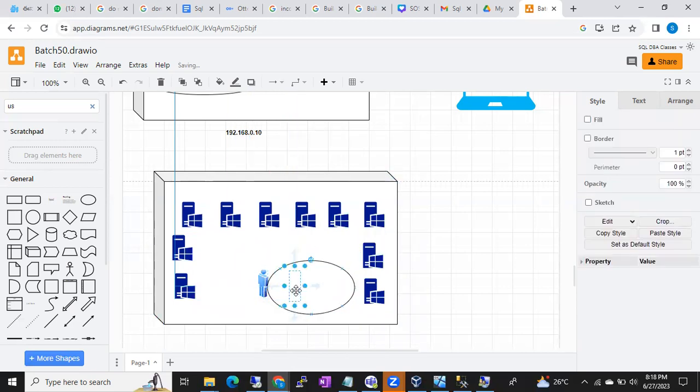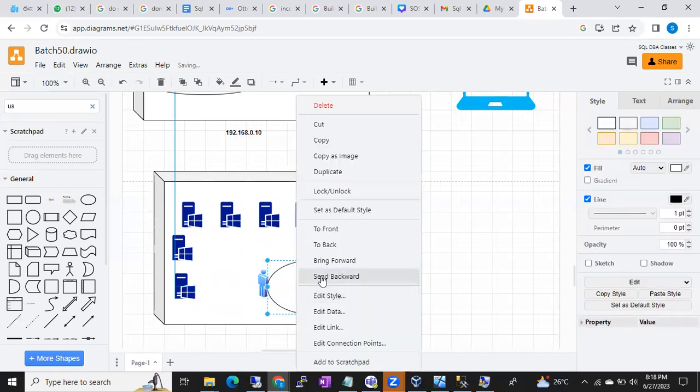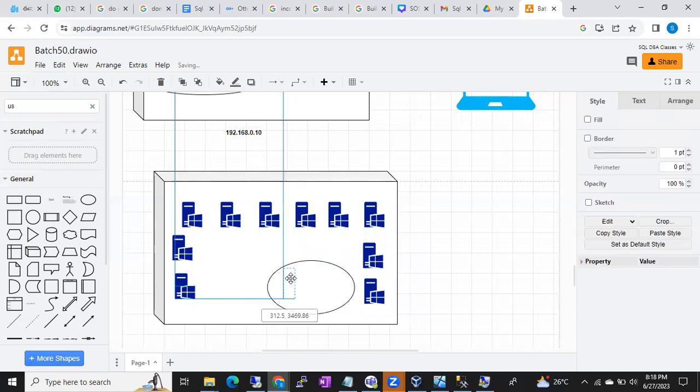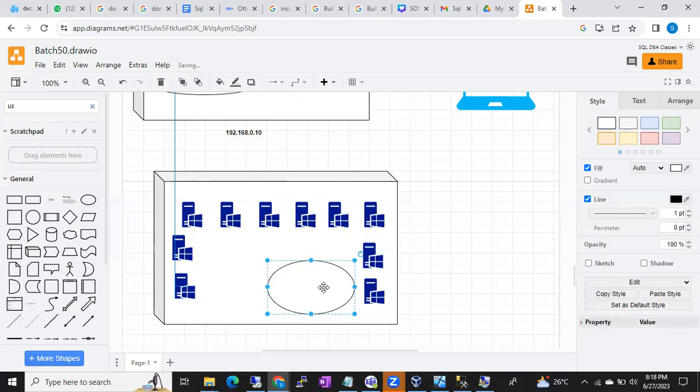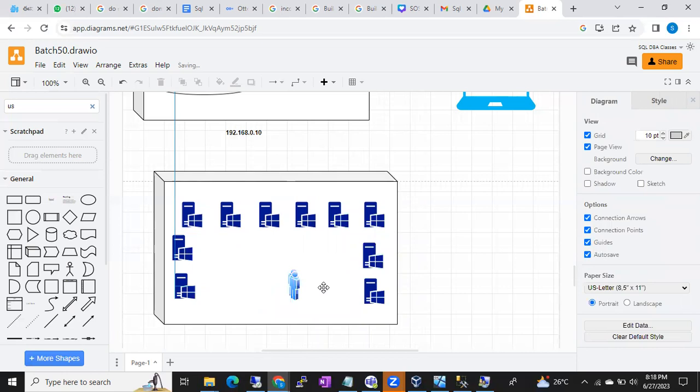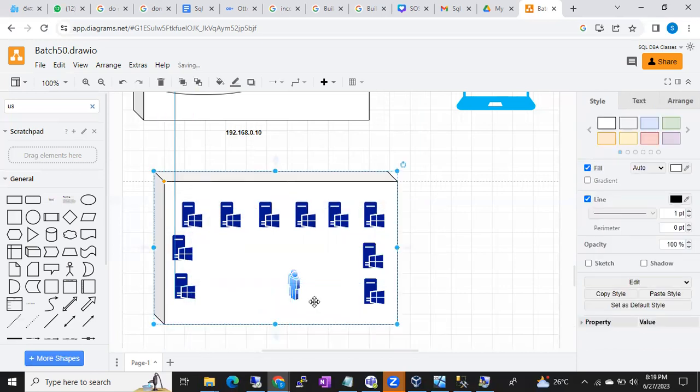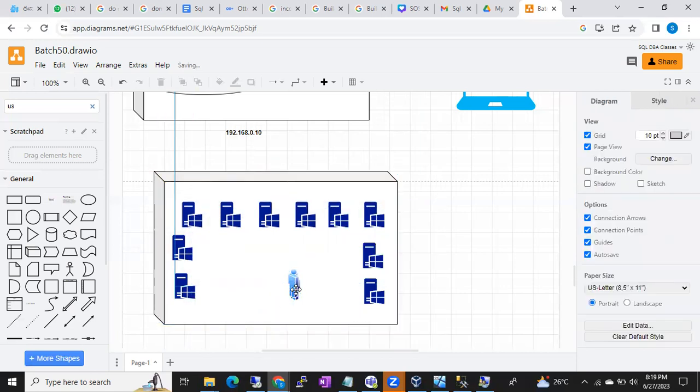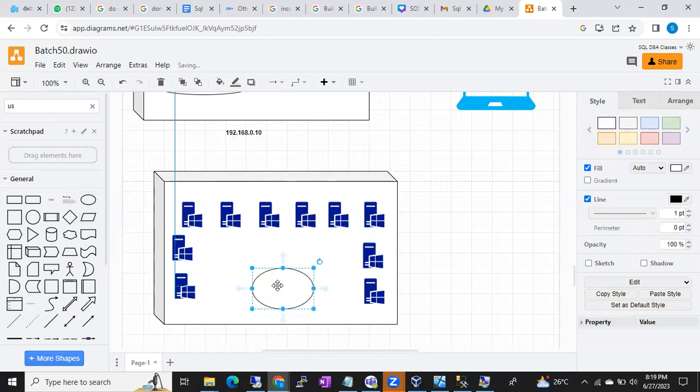Front, it won't come. Right click, send backward. Alright, no problem. Let me delete. Control Z, delete, delete, and delete. Okay, and here